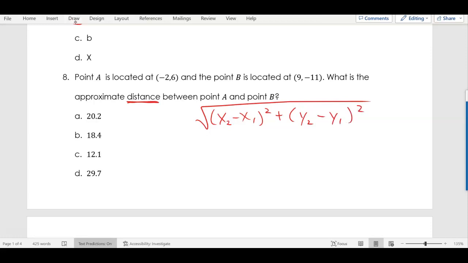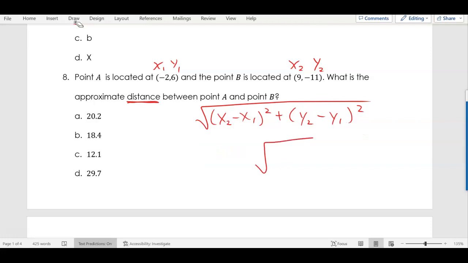Now when you're doing that, the first point is x1, y1. The second point is x2, y2. So when I write this, I'm going to have square root,